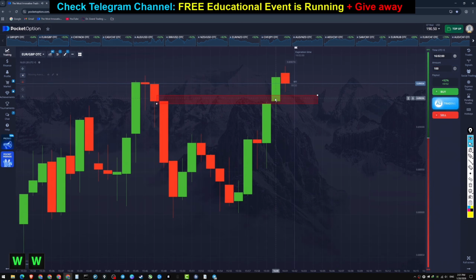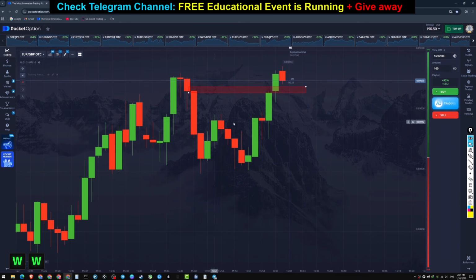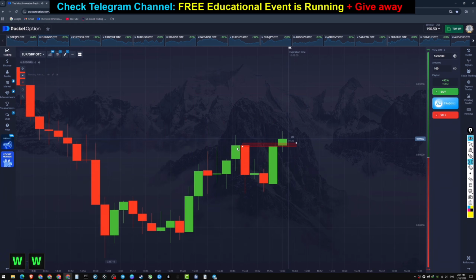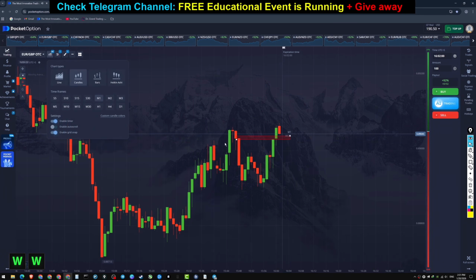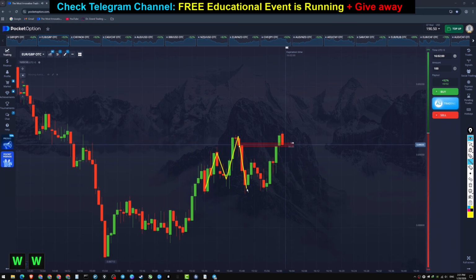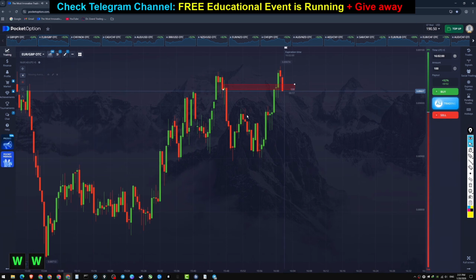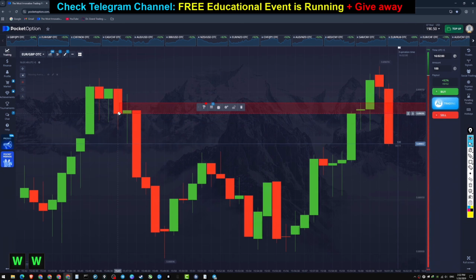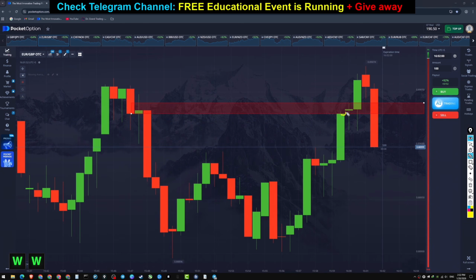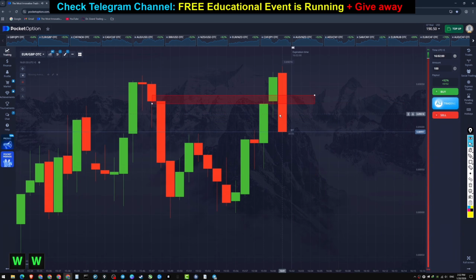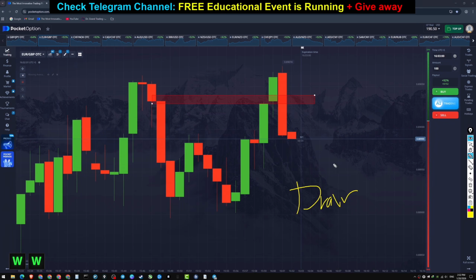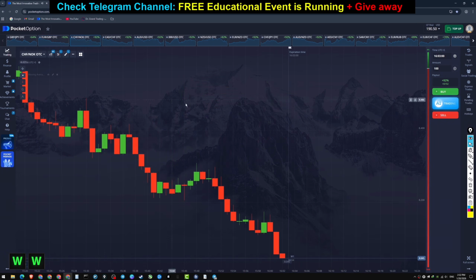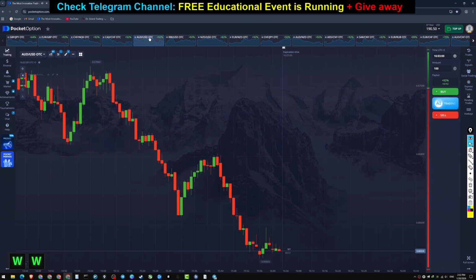Okay, this is the QM that we marked at the beginning of the video. If you remember, we got a 3-minute engulfing candle and then the QM inside that engulf. This is the QM high, low, high, high, and then low, low. And then in the lower time frame, we got the lower time frame entry, this one. If I want to be super precise, this is the lower time frame entry. The moment price touches this one, we would enter. It closed right on the touch, so it would be either a draw or a win, or, oh, it's starting with a gap up. I don't know, it probably would be a losing trade anyway. So yeah, that was the QM trade.